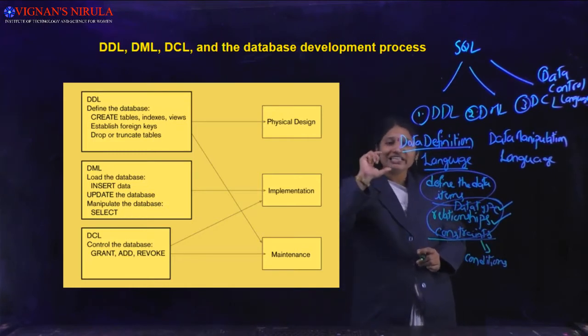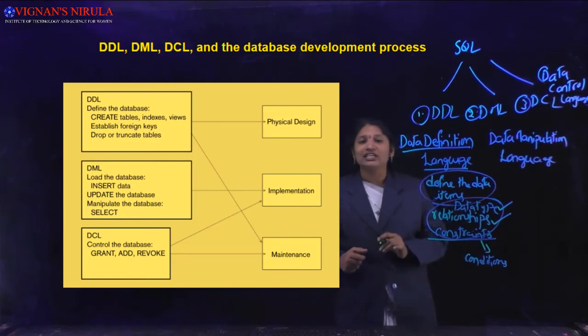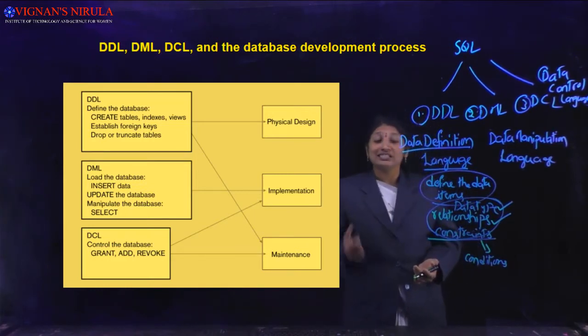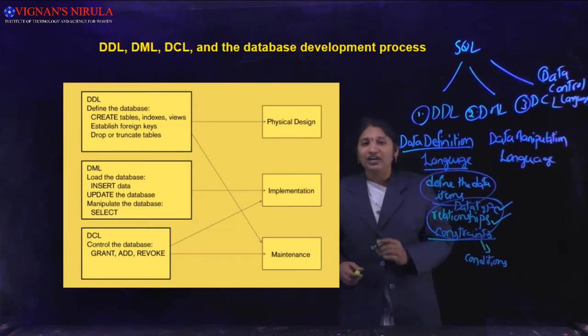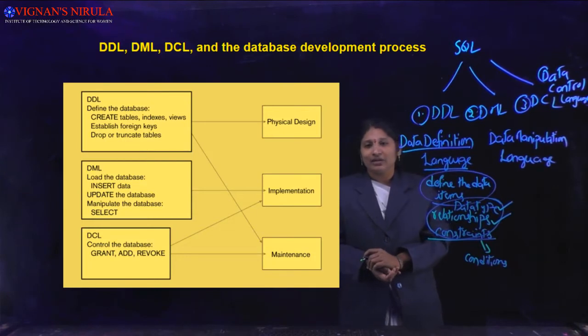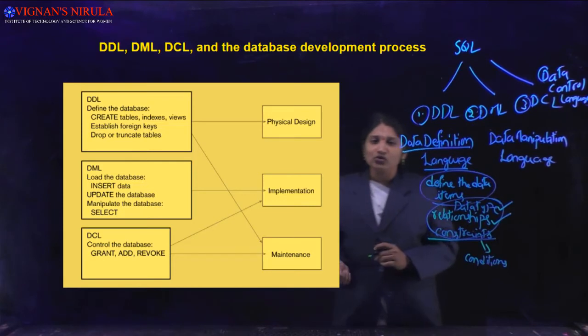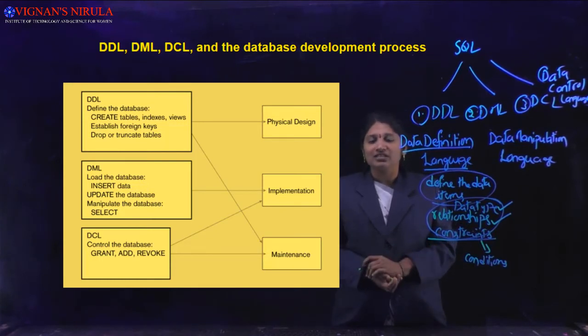So by using DDL commands, we are going to define what are the data items as well as the data types of the data items, relationships that exist among the data items, as well as the constraints that should be satisfied by the data items. So under the category of DDL commands, as you are seeing, we can use the create schema command, create table commands, alter commands, and drop table commands, as you will see in the next PPTs.